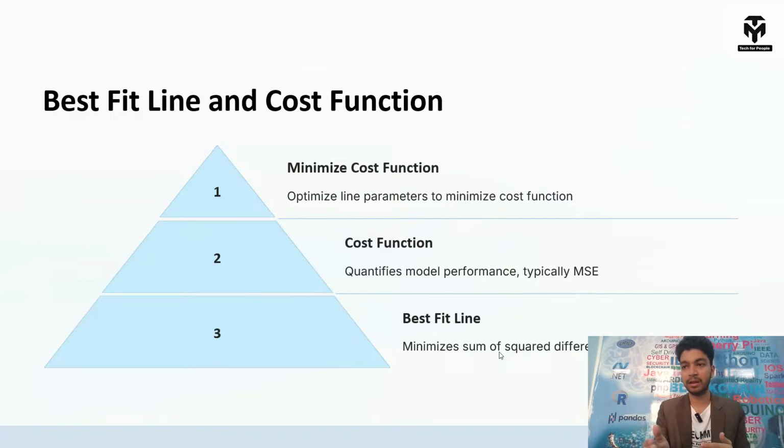What are the techniques here? When it comes to cost functions in statistics, you have the R2 score and mean squared error. Mean squared error is the difference between the predicted value and the actual value. If you take the difference and square it, you get the mean squared error. Based on these parameters you draw a cost function. The cost function is like a gradient, and its aim should be to reach the global minima.